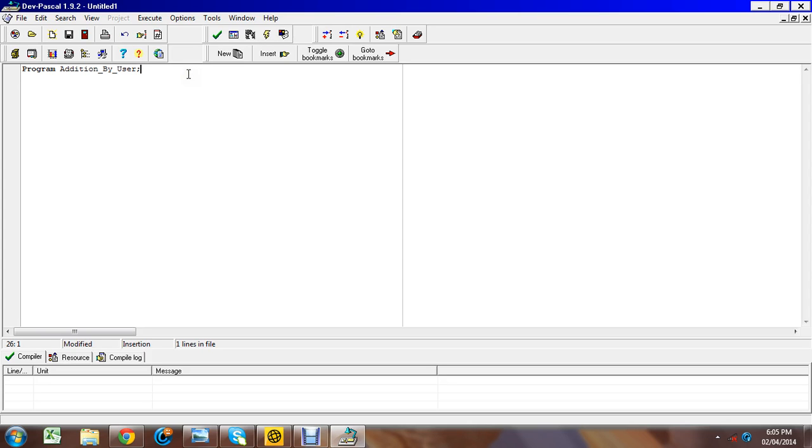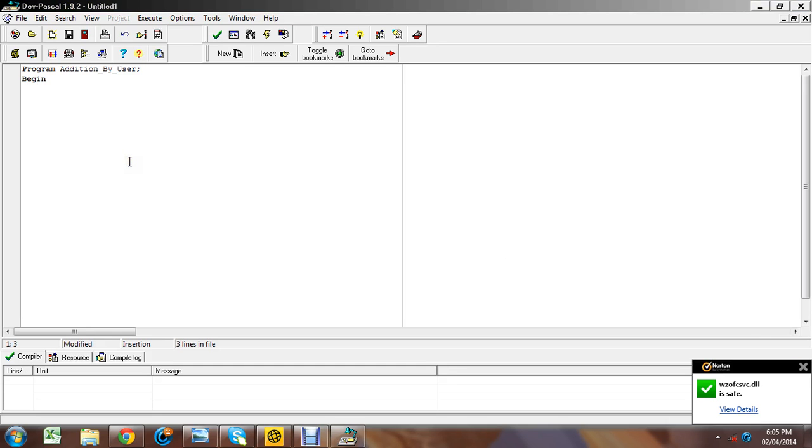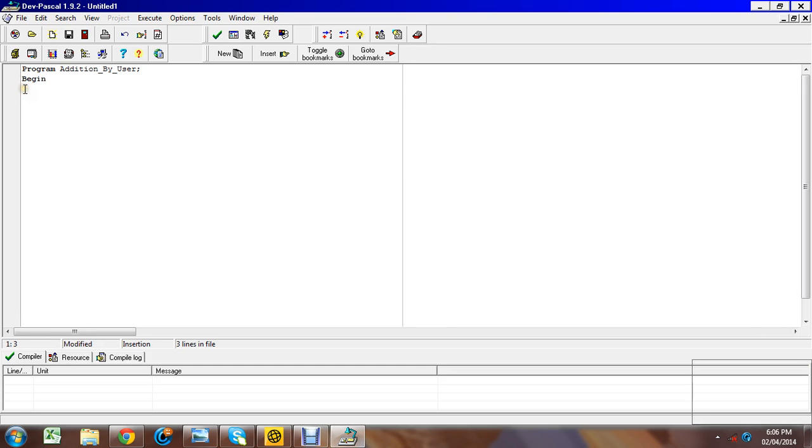Okay, now we're going to press enter after the program title, addition by user. Very weird program name, I don't know. Just needed to find something fast. Okay, we're going to put begin, and we're going to prompt the user to type in something. Okay, to prompt the user, we're going to write writeln and then